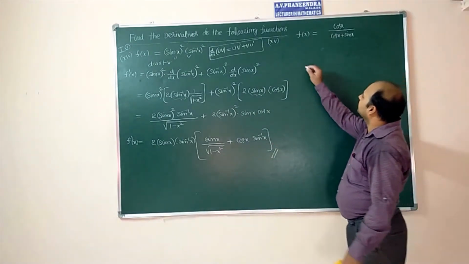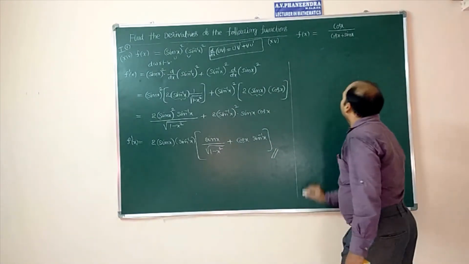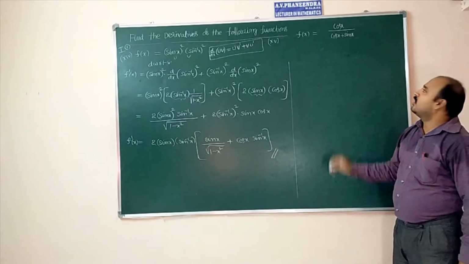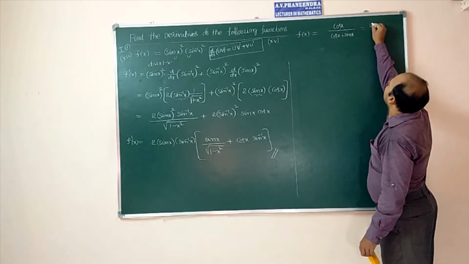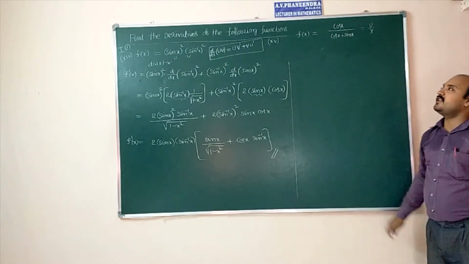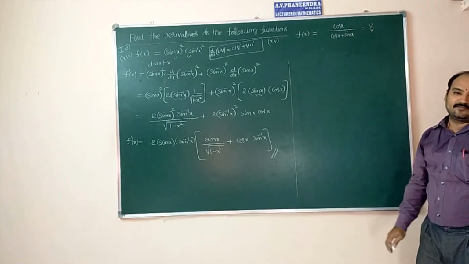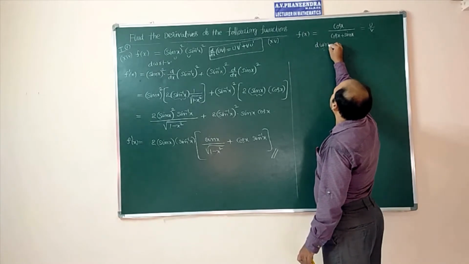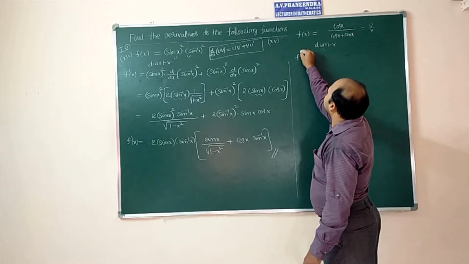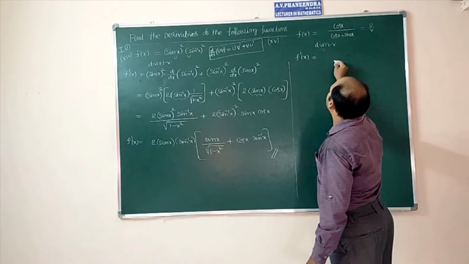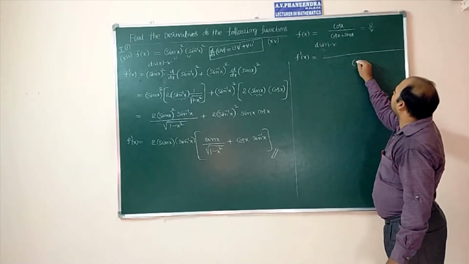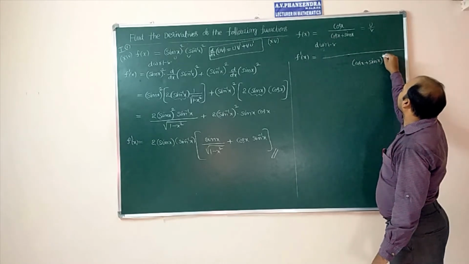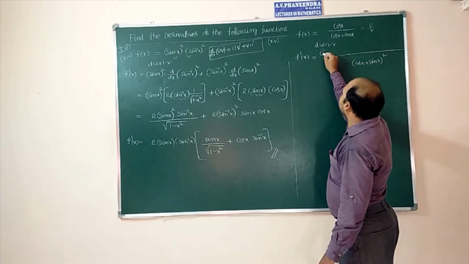Next question. Here f(x) equal to cos x by (cos x plus sin x). It is in the form of clearly u by v. d/dx of u by v is the quotient rule of differentiation. Differentiate with respect to x. f′(x) equal to denominator squared, that means v², (cos x plus sin x)², v into,